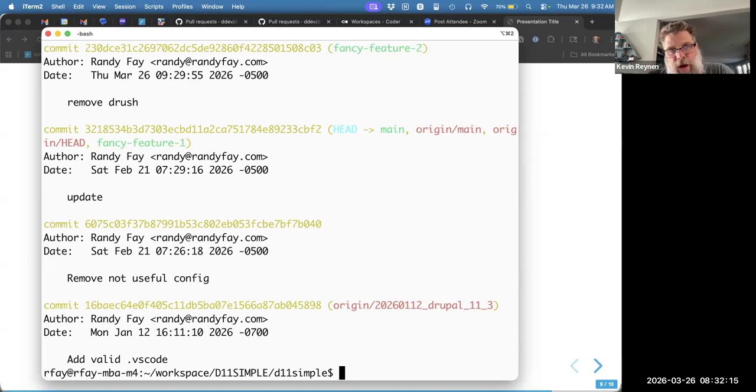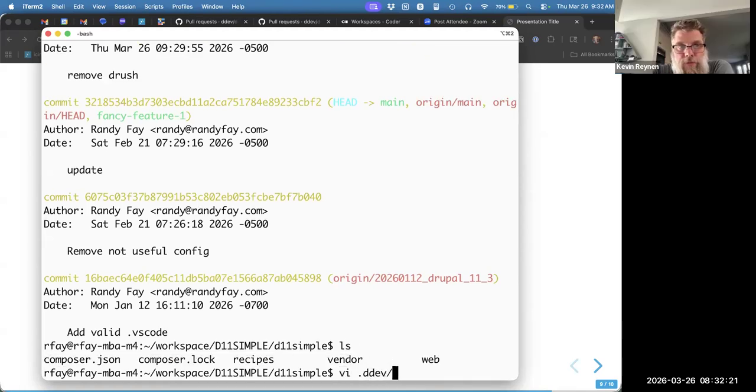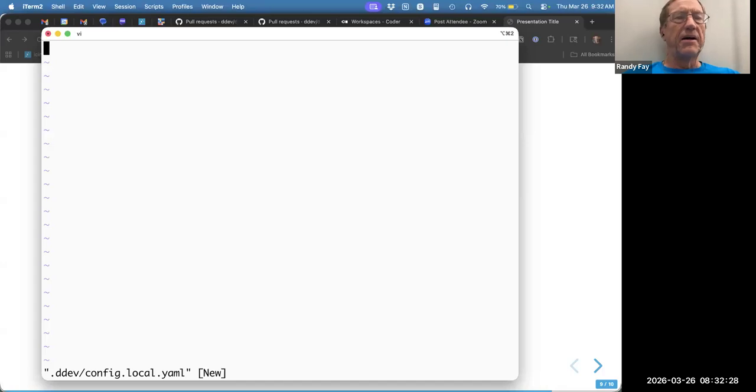So instead, what I would do for that, do you use DDEV pull Pantheon? We do. Yeah. So what I would do for that is I would create a config.local.yaml, and in there you would have, let's see if I can remember the right stuff here, a web environment